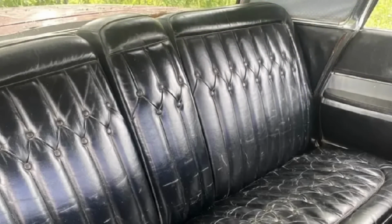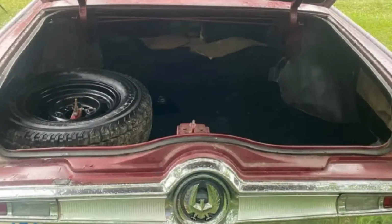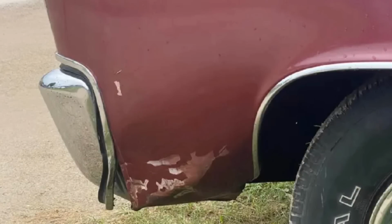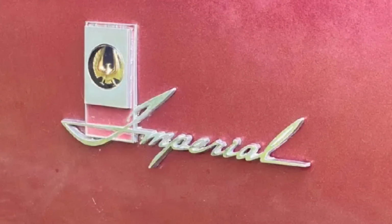the Imperial model, push-button automatic transmission, power windows and brakes, as well as a chrome-plated right mirror and an automatically adjustable left mirror. Some parts need repair, including the front left fender, which is dented and needs fixing. The car also comes with parts to repair the brakes. The overall condition indicates that this car requires additional TLC, but with good restoration potential given its rarity and historical